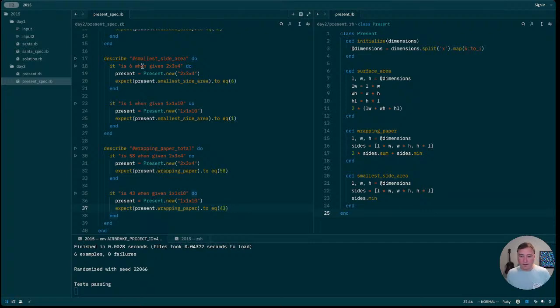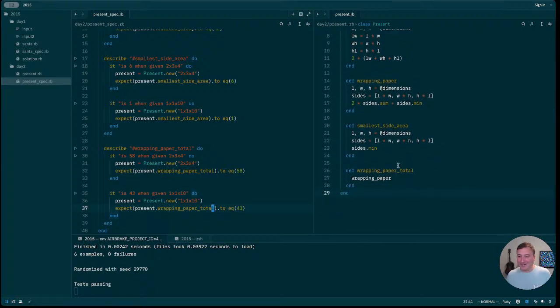Tests are passing. Wrapping paper total. And tests are passing, and interestingly, it wanted to actually just call the wrapping paper method. So yeah, you can run with it. Tests are passing. I guess we can go ahead and get the puzzle input